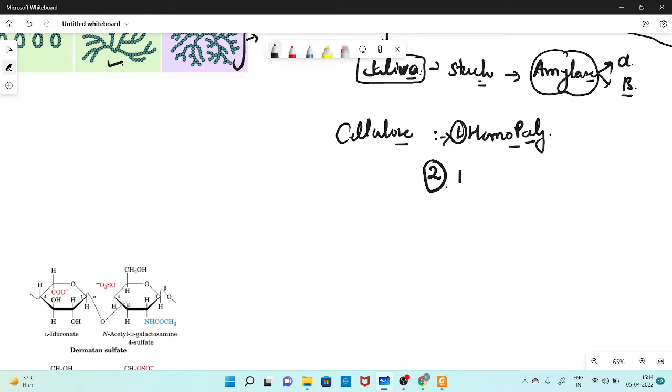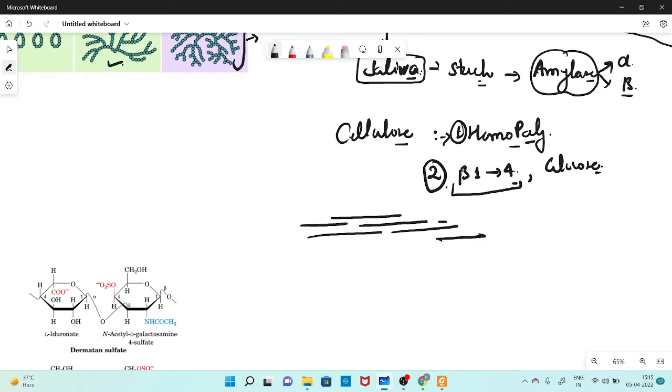It has beta 1,4 linkage, and its sugar unit is glucose, right? Due to this beta 1,4 linkage, your cellulose makes linear sheet-like structure,